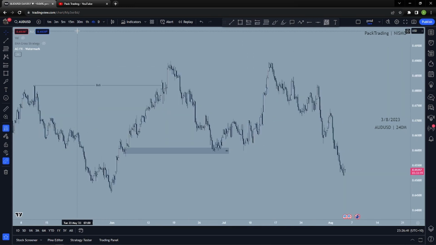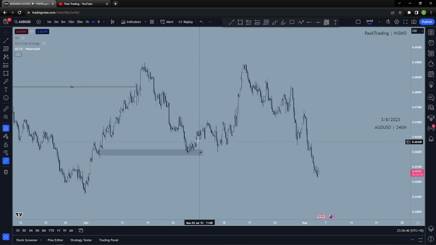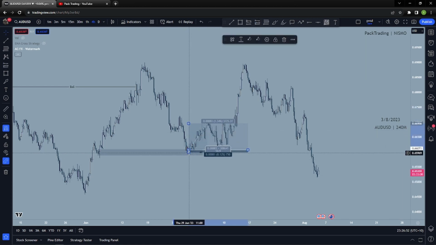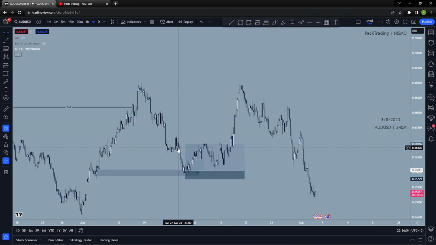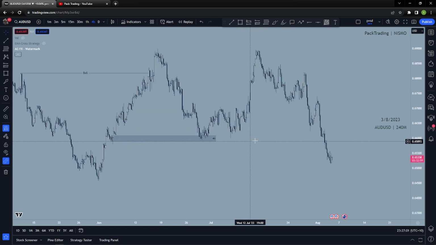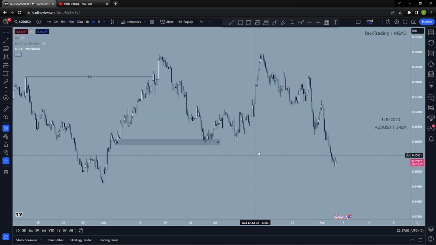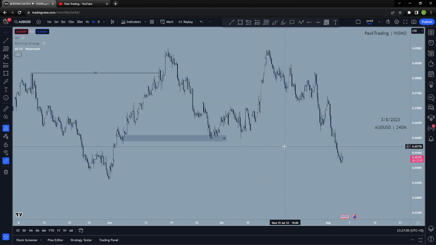Remember, we're using multi time frame. So we can't just stay in the 4 hour and trade a 4 hour long position because it'll take ages. It'll take months for you to try to get a setup. I don't know, but trust me, trading the 4 hour on the 4 hour is not good. Anyway, so